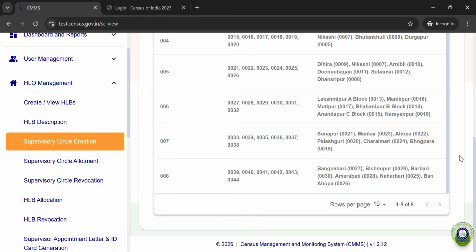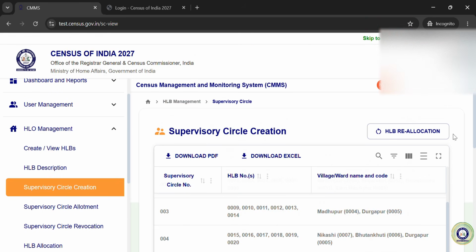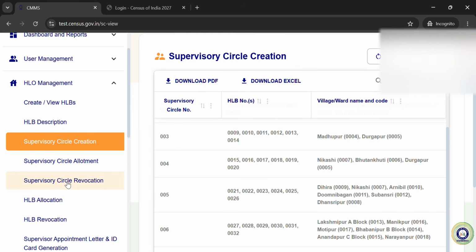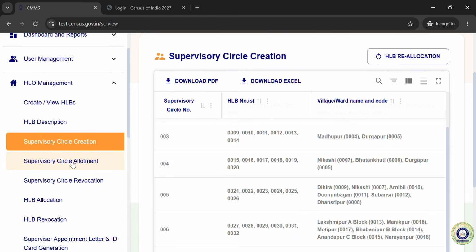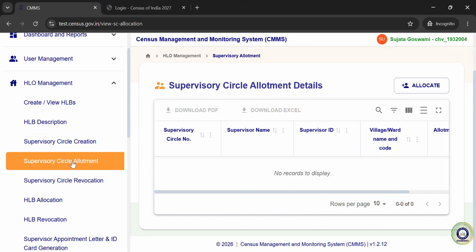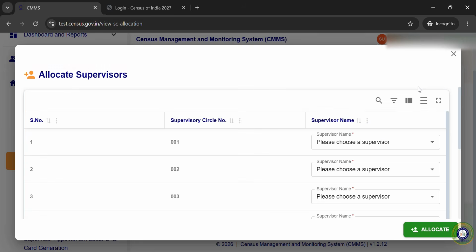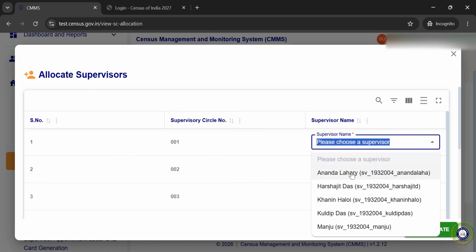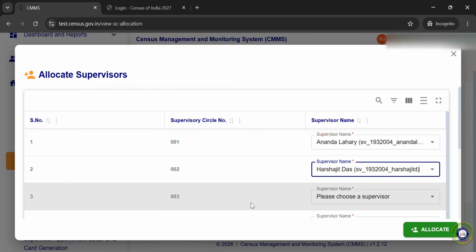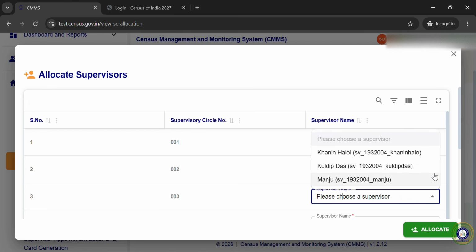So after that we have already created the supervisor circle. Next work is supervisor circle allotment, right? As I have already told, after creation of supervisor circle, we need to allocate this supervisor circle to a supervisor. So basically we will click here and we will allocate this supervisor circle to some supervisor. Okay, then from this we will select the supervisor. Let's say supervisor circle number 1 I am allocating to this supervisor, 2 to this, 3 to this,